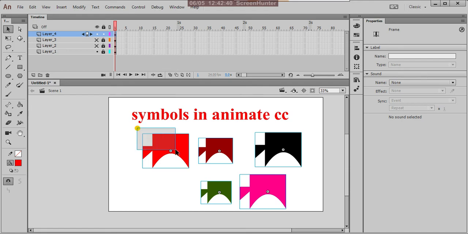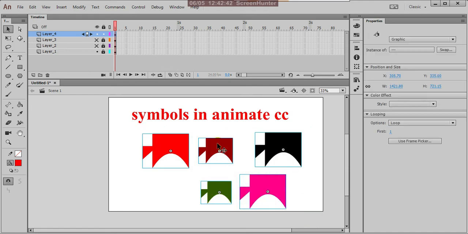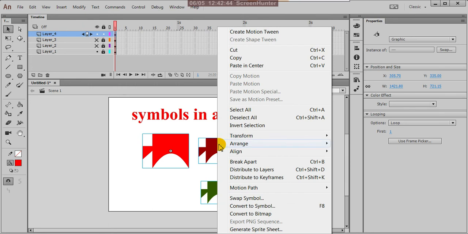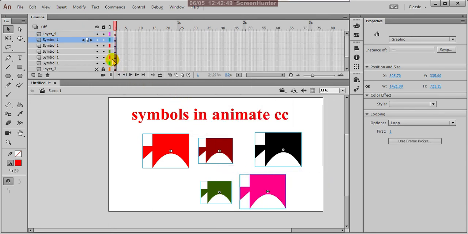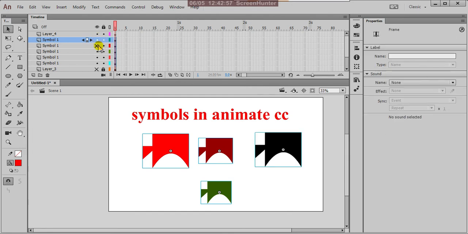And suppose here you select everything and right click, distribute to layers. So it spreads layer-wise. But right now I don't want that. I'll go back